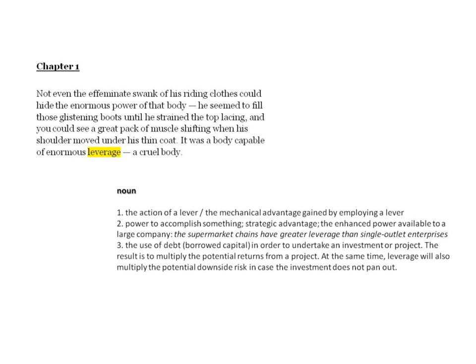So from chapter 1, there's some description of how powerful and physically strong Tom Buchanan is, muscle, etc., etc. And then we see it was a body capable of enormous leverage, a cruel body. Undoubtedly true, there's no way you can dispute the cruelty of Tom Buchanan. As well as having a strength and physics connotation here, the action of a lever, you can move heavier things by using a lever to propel it forward, the power to accomplish something. Tom is immensely powerful in terms of his body size and his wealth, of course.